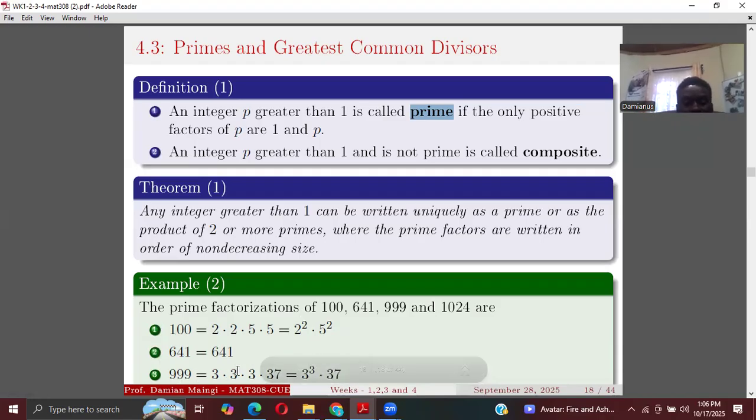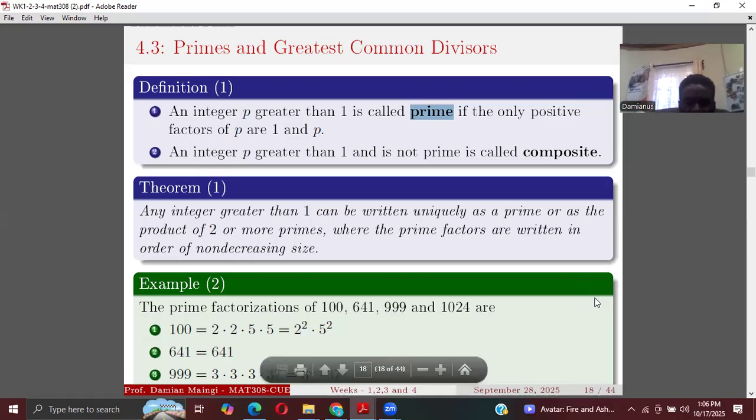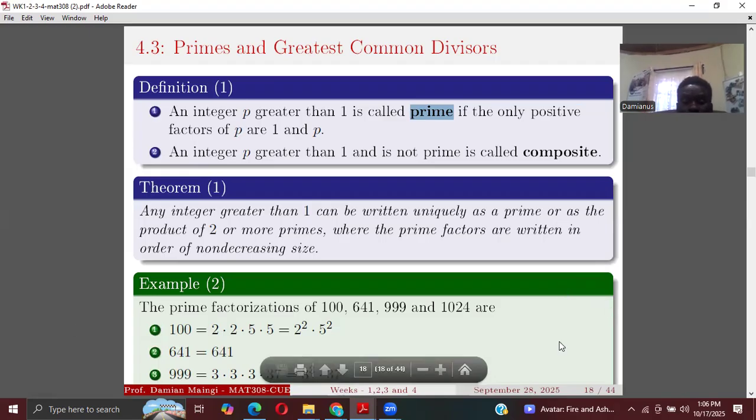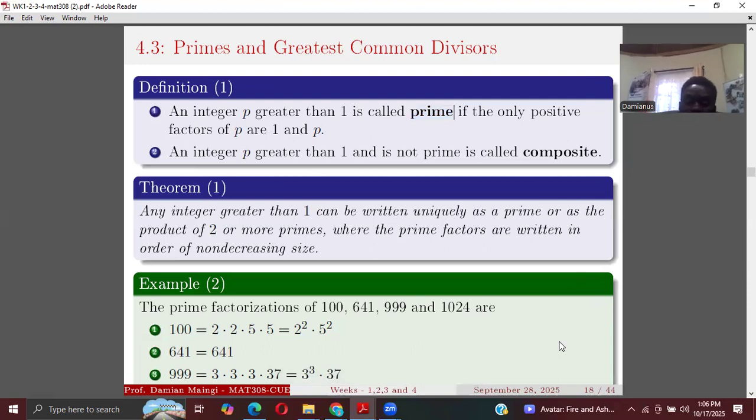999 is 3 times 3 times 3 times 37. Is that right? Yes. 3 times 3 times, well, this is 99. Yeah. So 3 cubed times 37. So now those are the primes, and that's that, okay? Next,